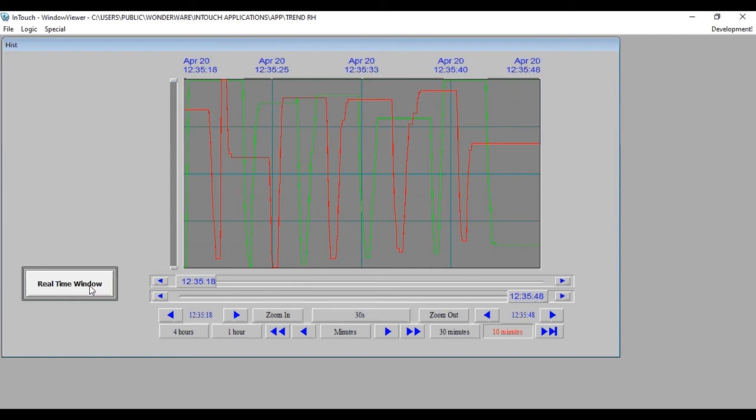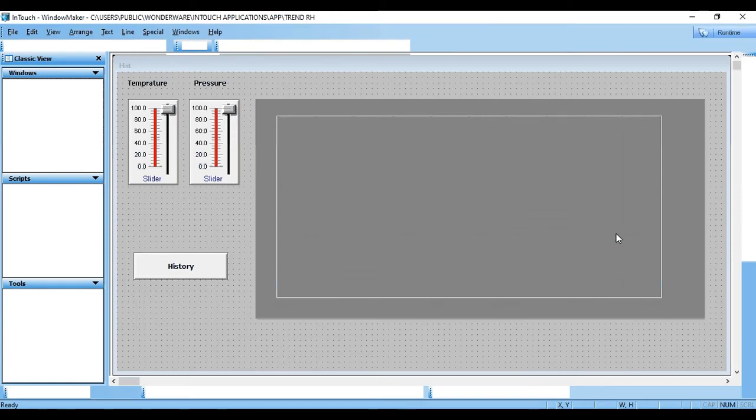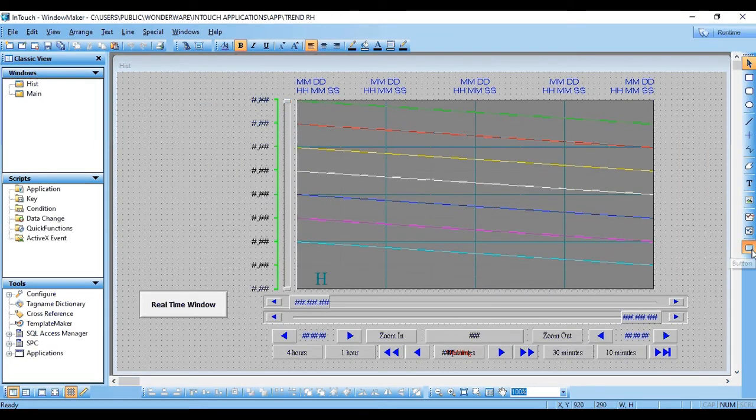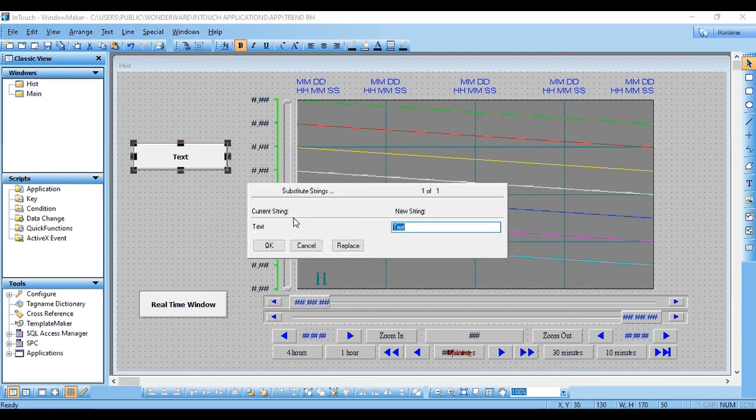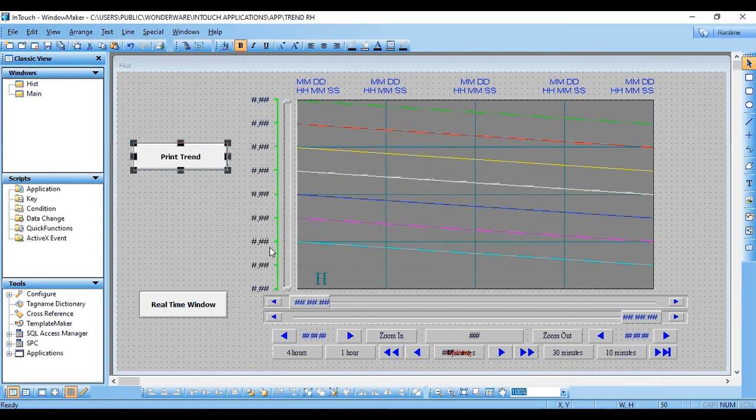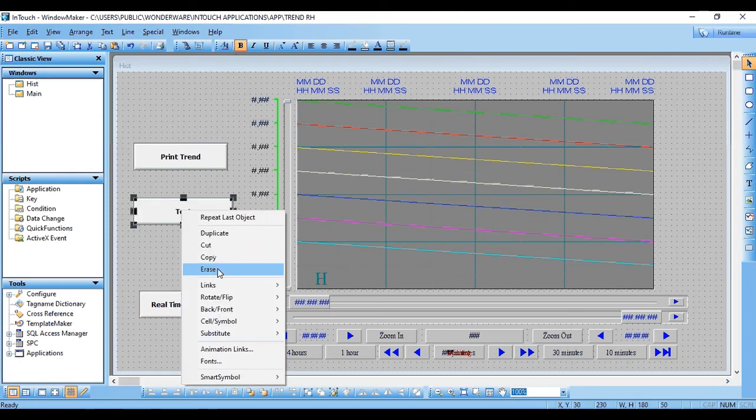So let's check another feature, which is print historical data. So let's say it is print trend, and let me take a button, print window.